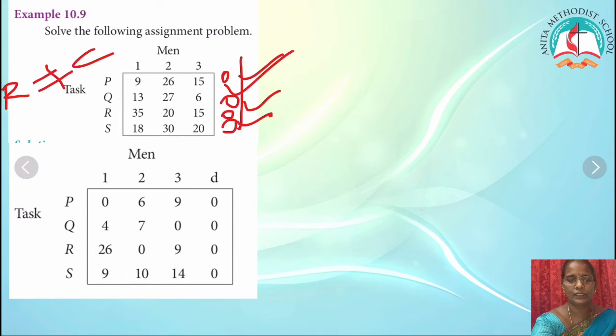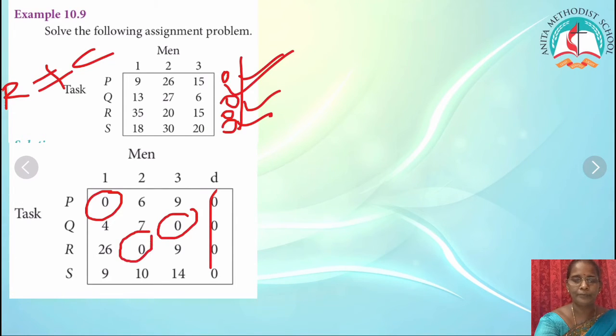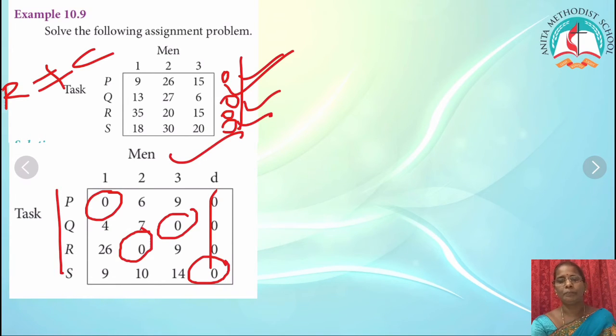Now I am going to assign. So where you have, don't consider this. Now where you have exactly one 0 here. Okay, so this is one assignment. In the second row I have it here. In the third row I have it here. In the fourth row there is no 0, so you have to assign here. Okay, we cannot assign because we only have 3 persons, but we have 4 works, so only 3 works can be done.